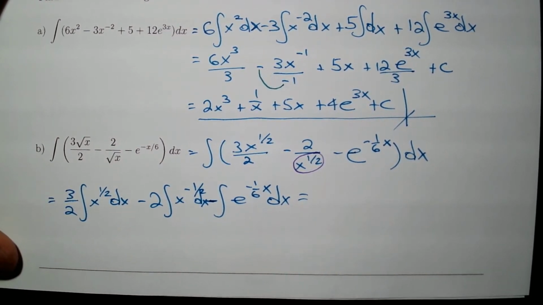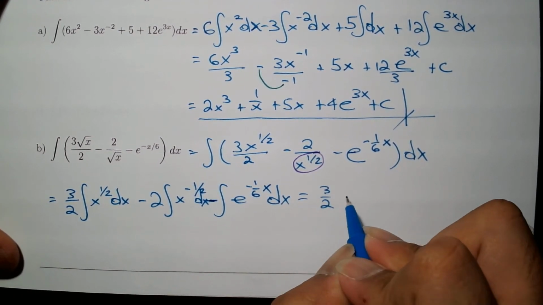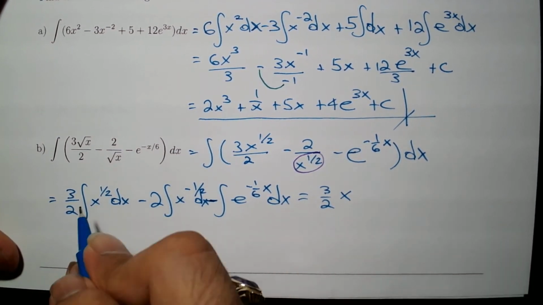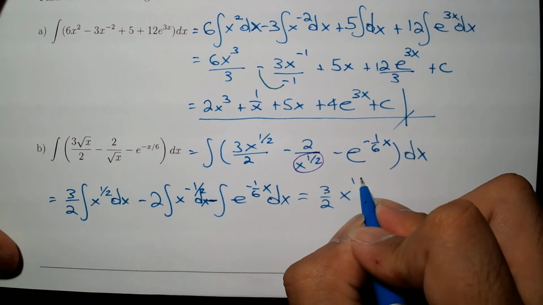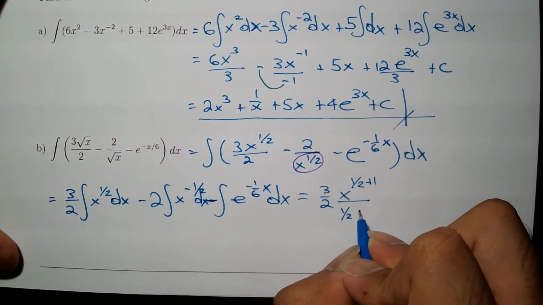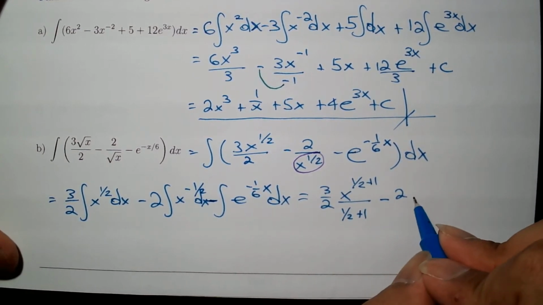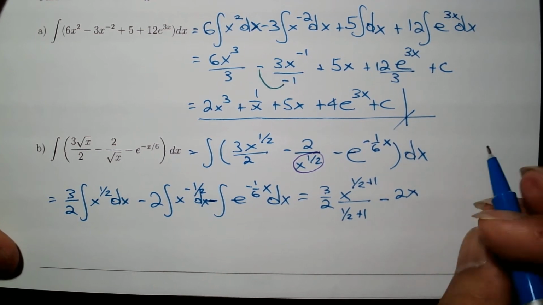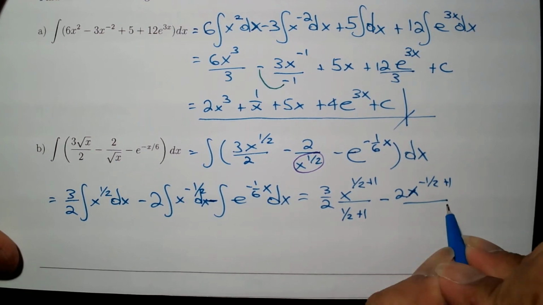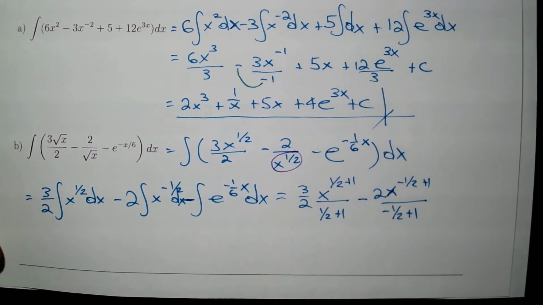Now we are ready to integrate this. So we're going to get the following: 3/2, and in this case I'm going to leave the addition indicated. So x to the 1/2 plus 1 divided by 1/2 plus 1, minus 2 times x to the negative 1/2 plus 1 divided by negative 1/2 plus 1, and